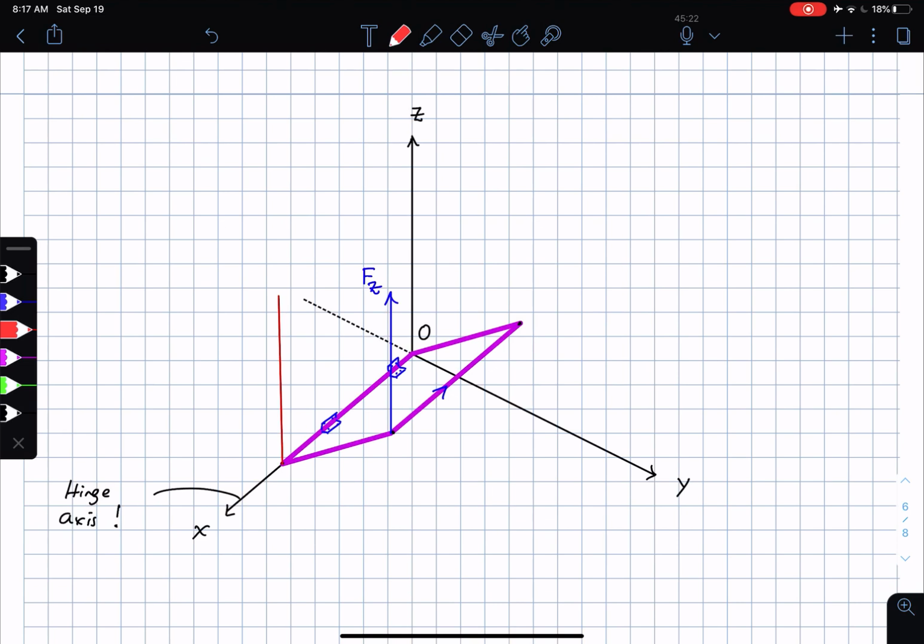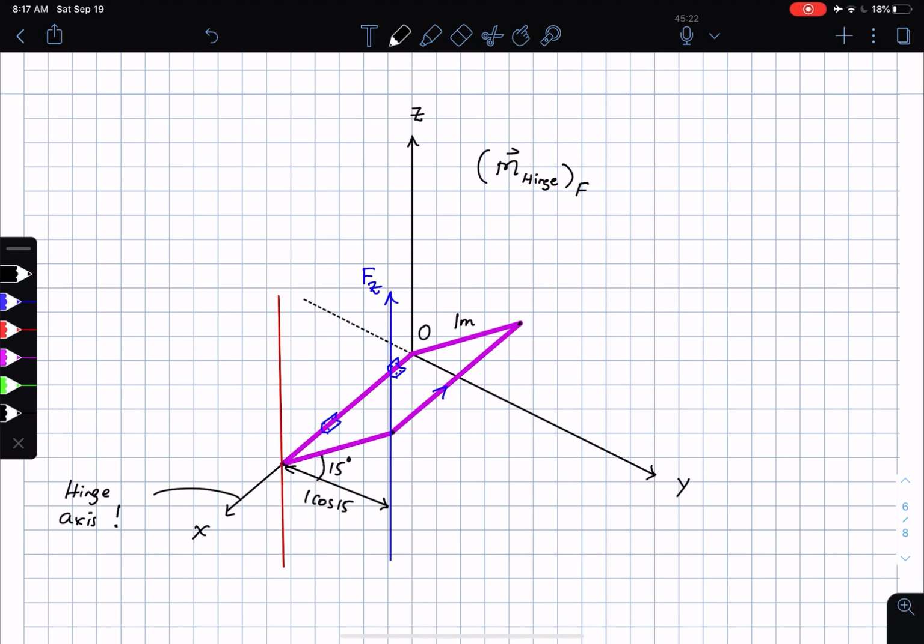So if I extend this line down, and I take the line of action and extend that down as well, what is the perpendicular distance going to be? The perpendicular distance, as you might have guessed, is going to be in this direction. Okay, so this is the perpendicular distance. This was an angle of 15 degrees, that was 1 meter, so this is going to be 1 times cosine 15. Which means that the moment about the hinge